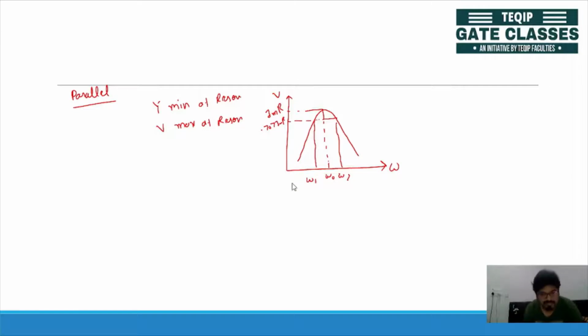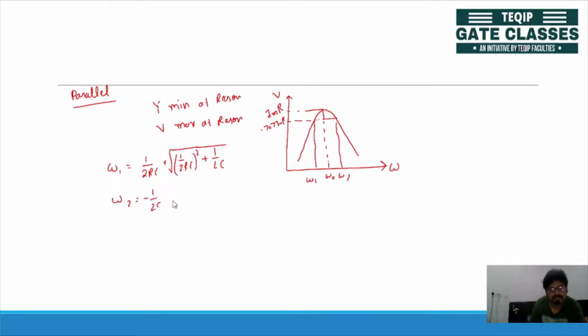So like we have derived the formula for bandwidth in series resonance, same way you can derive it here also. Okay, so I am writing it directly here. Your omega 1 will come like 1/2RC plus under root (1/2RC) square plus 1/LC, and omega 2 will be minus 1/2RC